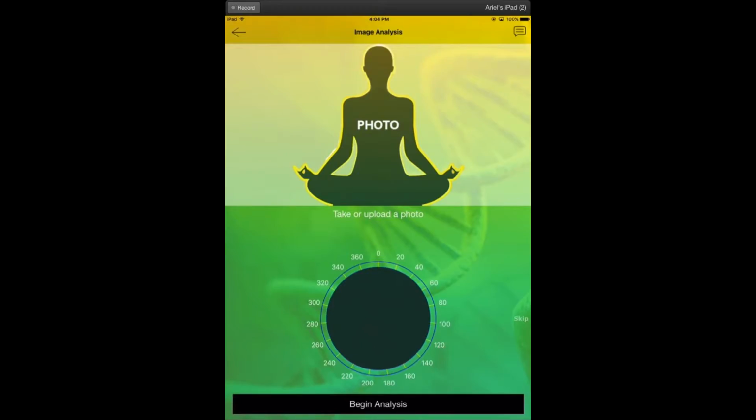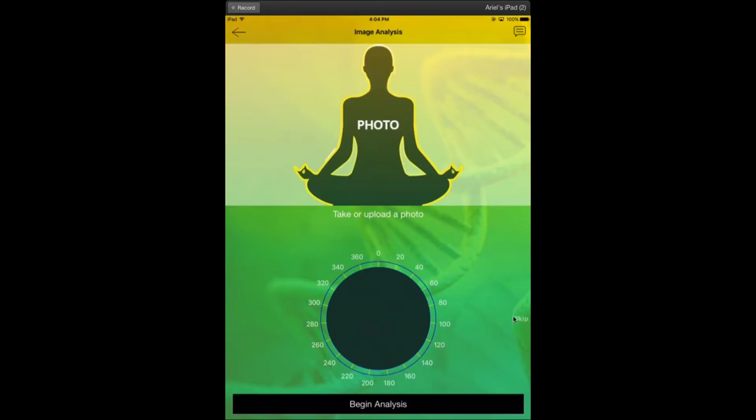Again, it's testing all of the different frequencies of that person based on their picture. There is a lot of energy in a picture, a lot of information in a picture. Remember, the Native Americans did not want people to take their picture because they knew you're carrying sort of an energetic imprint of that person. So remember, there's a lot of information in the picture. We're simply going to hit skip here.